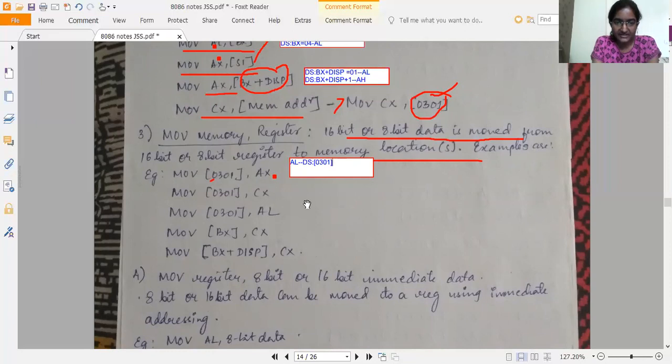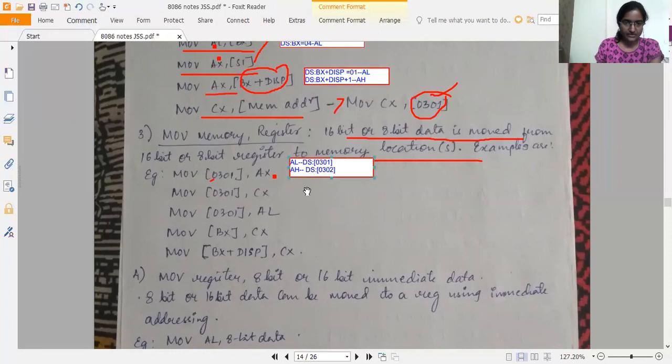So AL content will be moved to DS:0301 and AH content will be moved to DS:0302, 0301 plus 1, 0302. Is this clear? Okay.